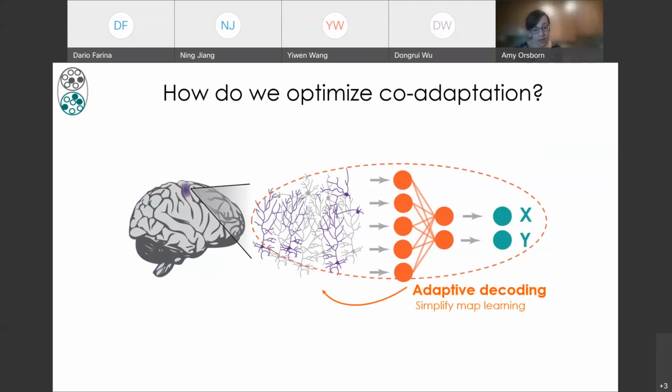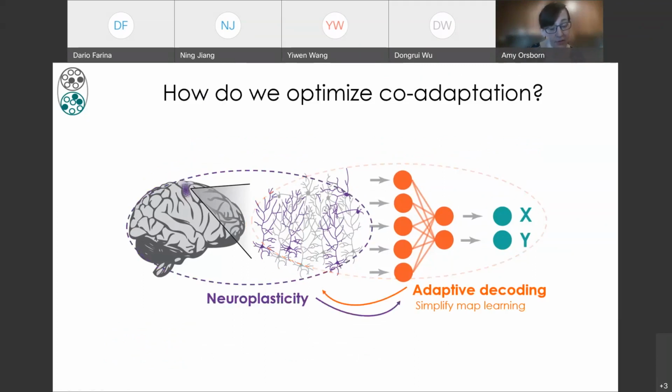And so adaptive decoding is really helpful for simplifying that mapping learning problem. Given a pattern of neural activity that the user has generated, we can try to update the decoder to smartly map it to a given cursor intention of movement. And with co-adaptation, what I would argue we've done is figured out a way to adapt that decoder and not get in the way of the brain solving this modulation learning problem, but we're also not really controlling it or promoting it in any way.